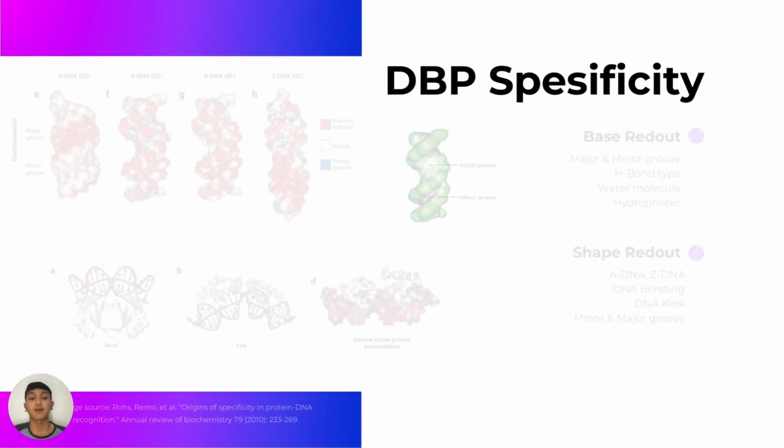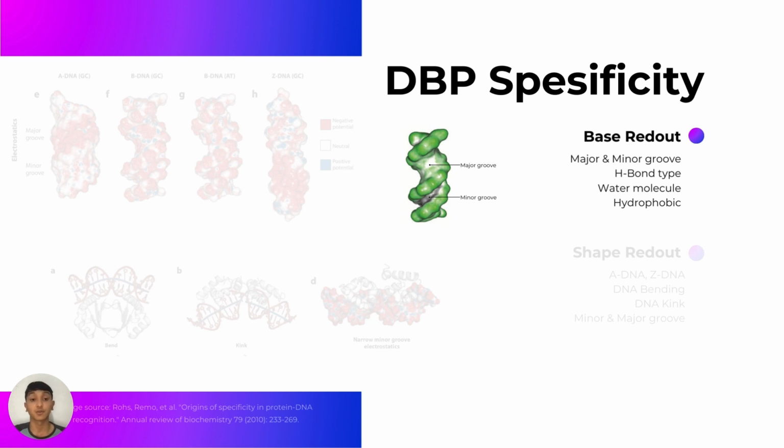One might inquire how DBPs achieve specificity. We could answer this by understanding the DNA base and shape readout mechanism. Base readout is influenced by the availability of certain DNA bases in the DNA groove. The type of hydrogen bond to water molecules and hydrophobic contact between DNA base and protein is also important for base